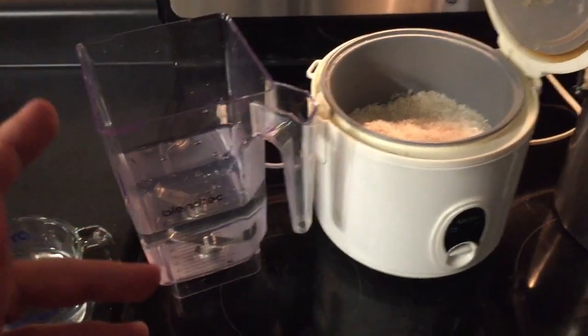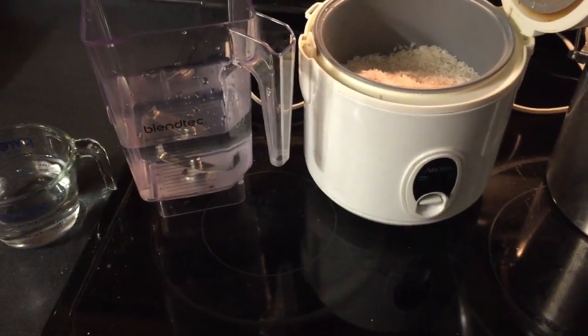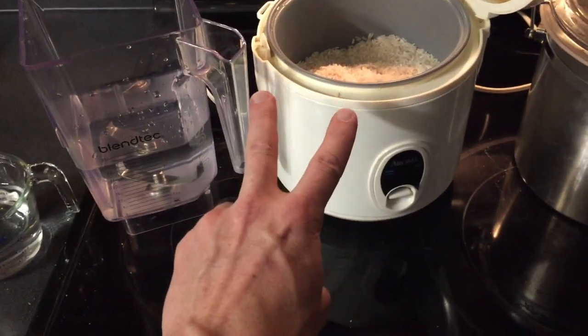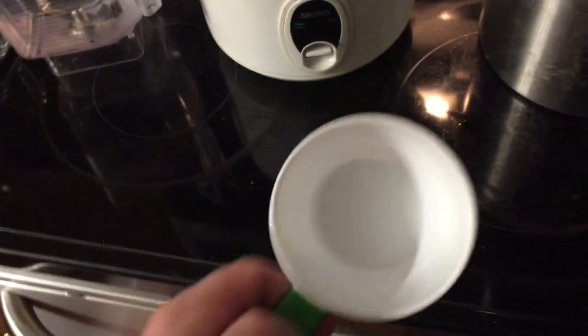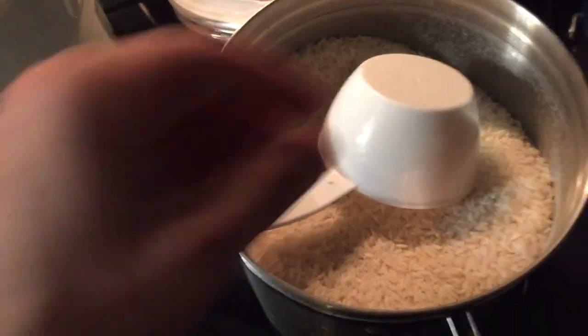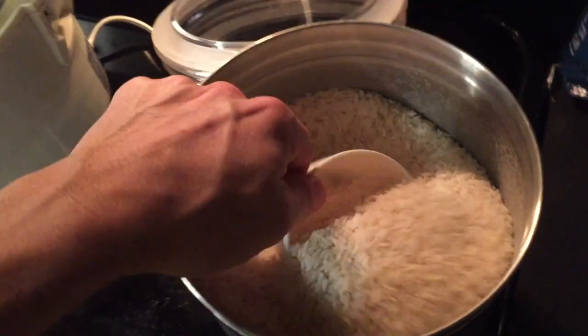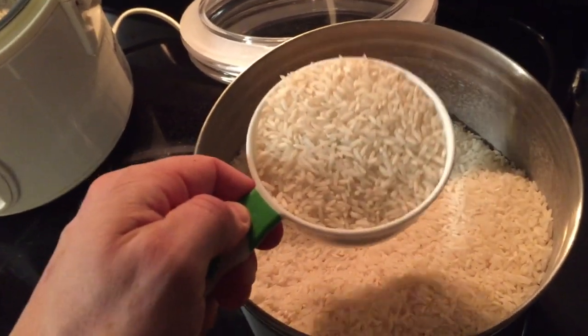Okay, so here's how it works. For every 1 cup of dry rice, you put 2 cups of water. 1 cup dry rice, 2 cups of water. So, I have this 25-pound bag here. We put it in this little container here. That usually stays in there, and I'll just take this out, and that's 1 cup of rice. If I were cooking just 1 cup of rice, I would put that in there and then add 2 cups